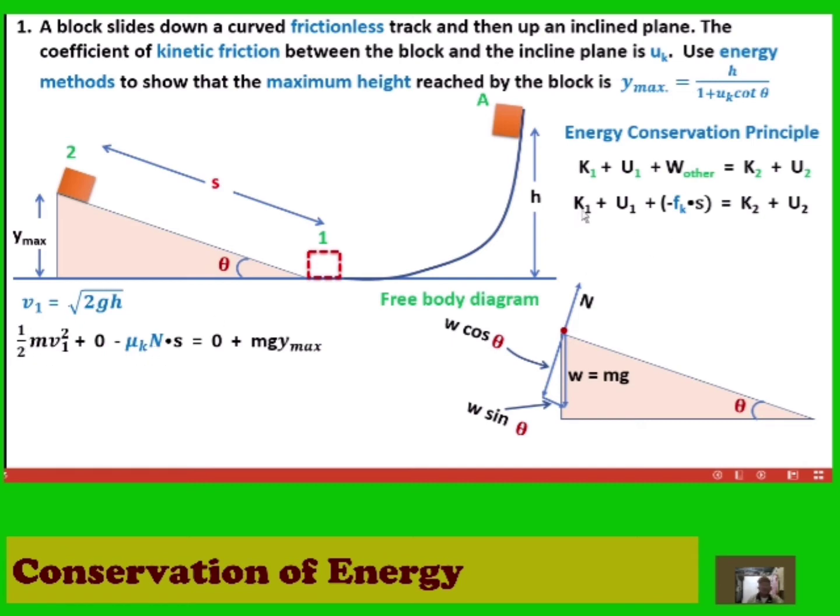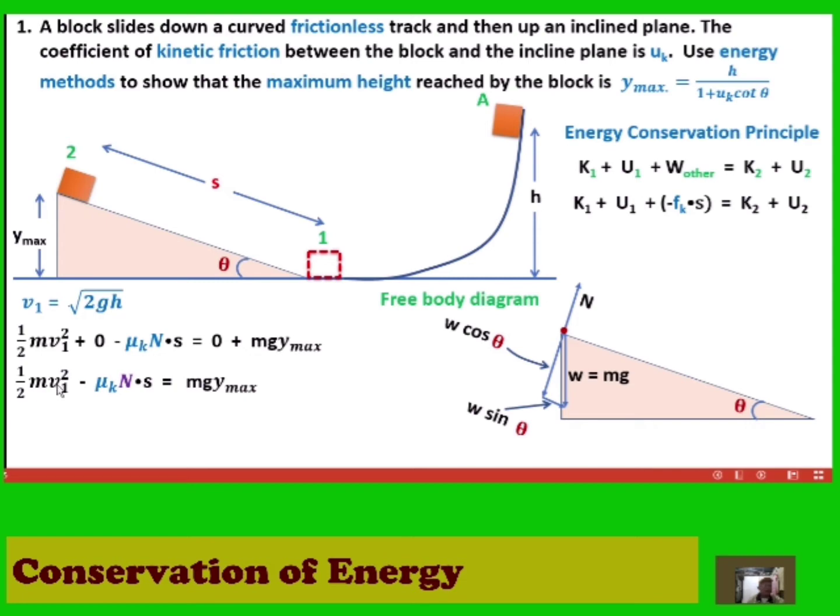Its kinetic energy at point 1 is equal to 1/2 m v squared. Its potential energy at point 1 is 0 since the height is 0. Its kinetic energy at point 2 is 0 since the body is at rest. Its potential energy at point 2 is equal to its weight times the height y maximum. Simplifying the equation,